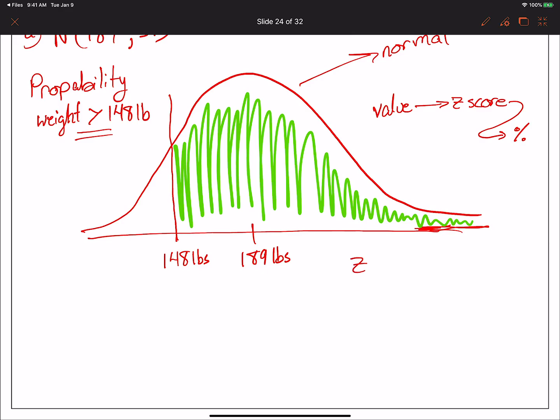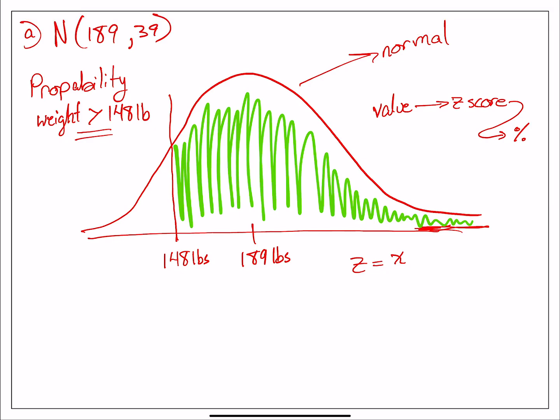We use z equals, again, because we're doing an individual person, not a sample, an individual person. We do z equals the value minus the mean divided by the standard deviation. That's what we do. So to do that, what do we have? What's the value? The value is 148. The mean is 189, and the standard deviation is 39. So we do the value minus the mean divided by the standard deviation, and we end up getting